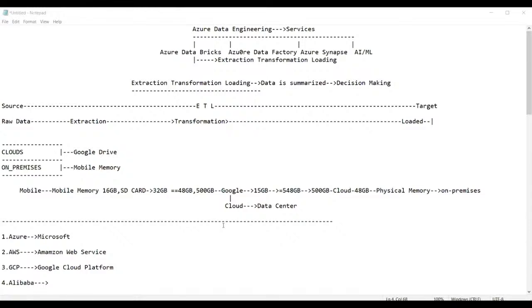Sir, what is the duration? Duration would be 60 hours. Is it required to learn both Azure Data Factory and Azure Databricks for industry? See guys, there is no connection between Azure Data Factory and Databricks. If you learn it, that is up to you. If you don't learn it, there is no problem. You can get a job individually on Azure Databricks as well as on Data Factory. These are 2 different services.